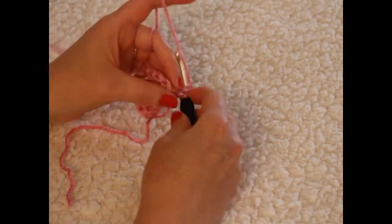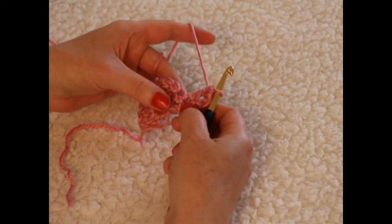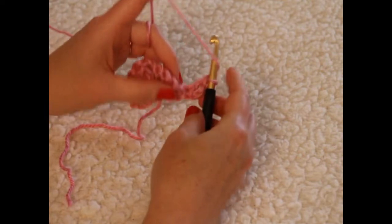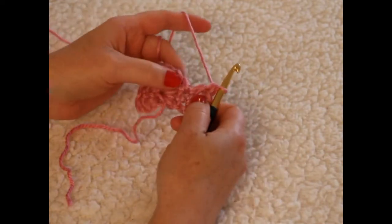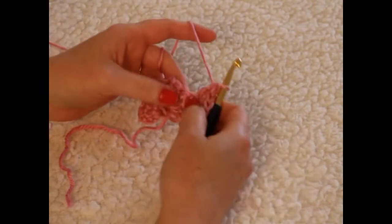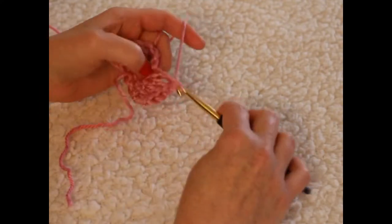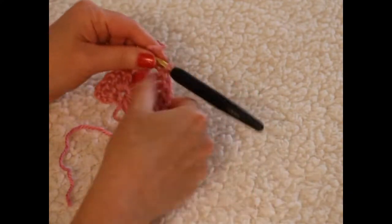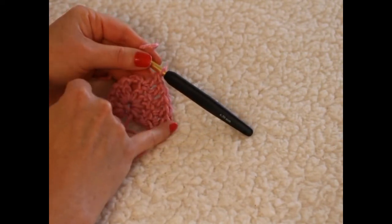So just pop your double crochet in that first stitch, and now we've got 2 in the first stitch. What we're going to do is pop a double crochet, just 1, into each stitch along like so. So just take your yarn, go into the next stitch and pop a double crochet, go into the next stitch and pop a double crochet, go into the next stitch and pop a double crochet, and in the 5th just pop a double crochet. So there we go. So now we have 6 double crochets within that side,